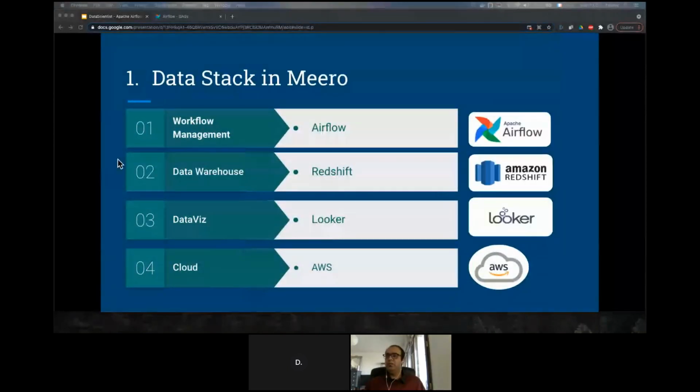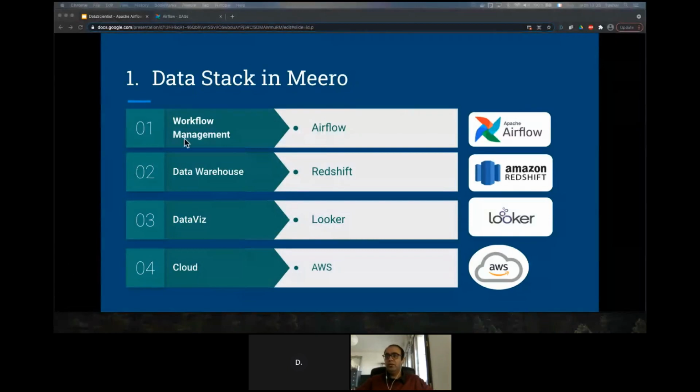The workflow management, or you can call it data pipelines, is completely on Apache Airflow. It is used for data extraction from different sources. We have a ton of external sources from which we are extracting data. We are connected to different cloud providers like AWS, Amazon Web Services. We are connected to GCP directly from Airflow. We are also refreshing a lot of tables, different tables for different business units, which is also done via Airflow. And we have some data science scripts which are running on Airflow.